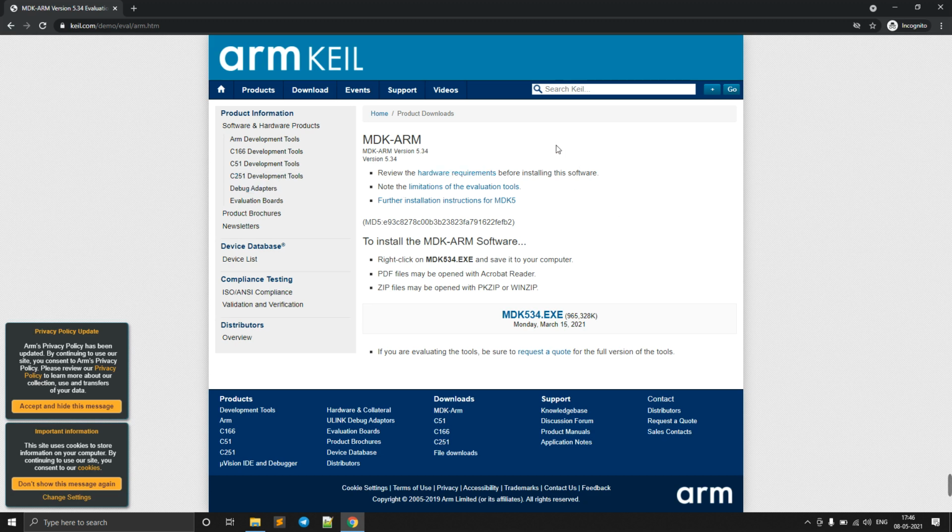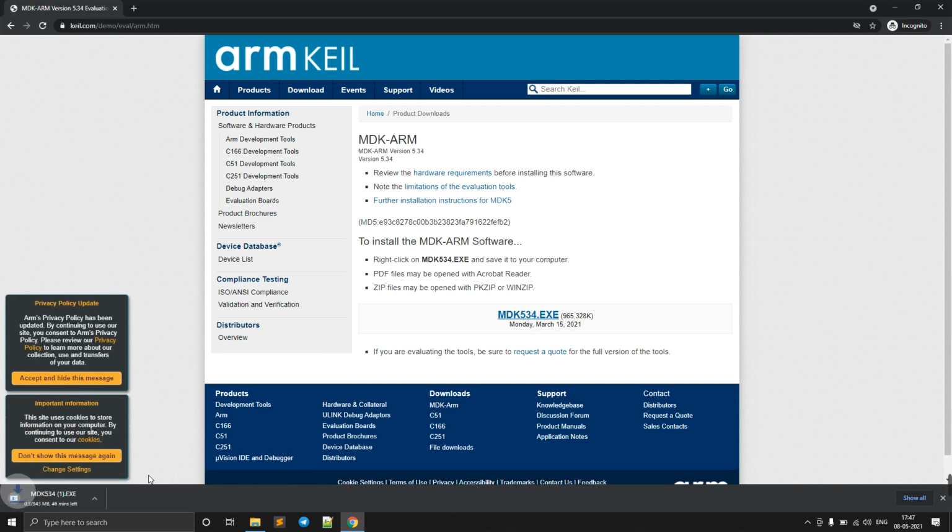Sometimes it will ask us to provide some details like name, and there is a form with some details, and after filling that you may get some error. That means page not found, some error you may get. That time you just come back to the home page, then again go back to this download page and go to that product. That time you can see this page. So here just click on this and it will start downloading.